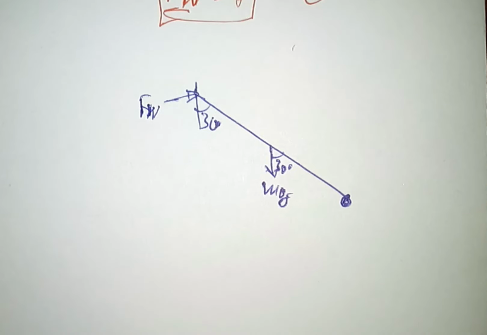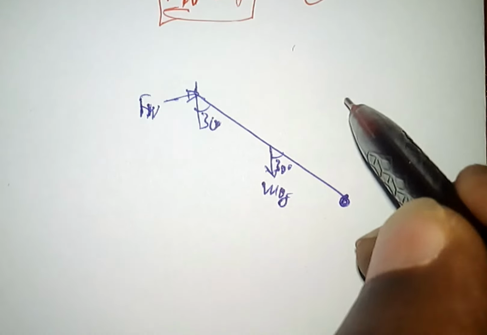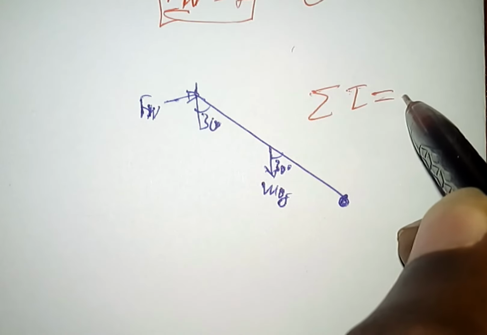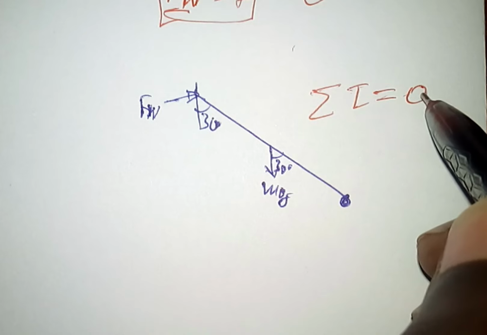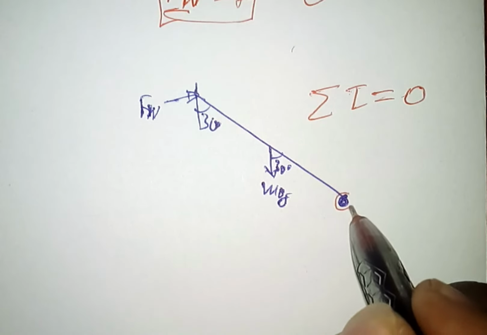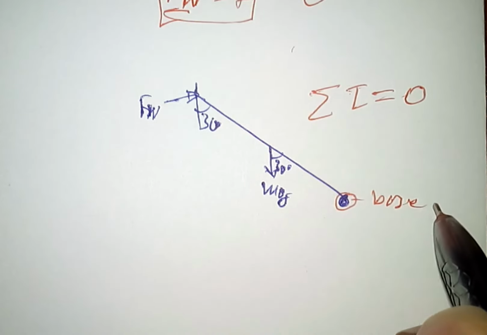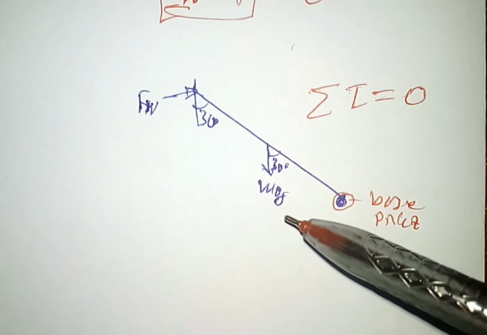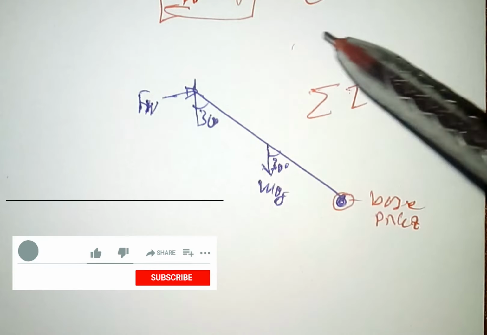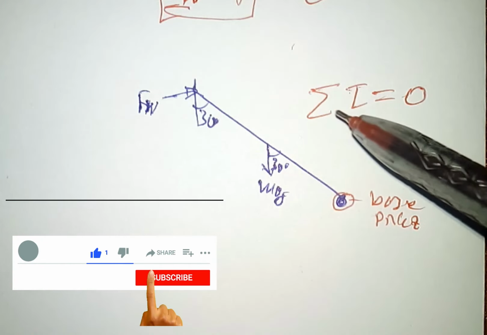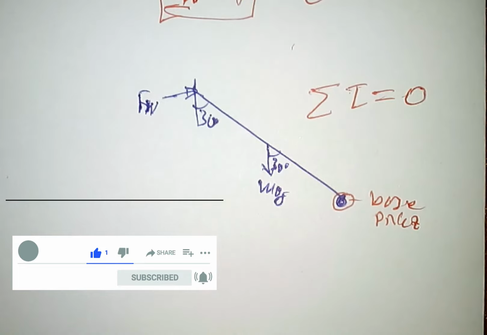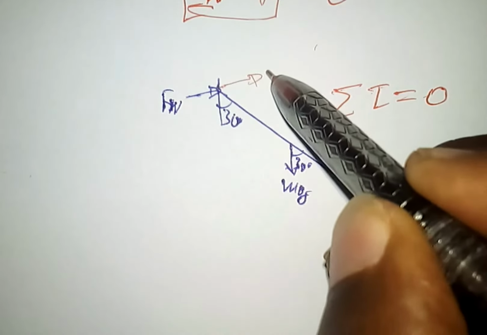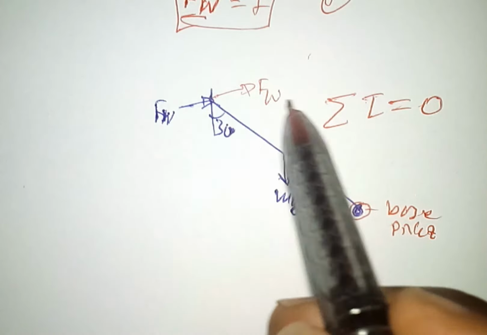To find Fw, we use the concept of torque, the second condition of equilibrium, which says the sum of all the torques acting on the ladder is 0. So take the base of the ladder as the hinge or the pivot point, and we use Fw and mg to rotate either clockwise or counterclockwise, and the sum of all those torques is 0. If this is Fw, we can resolve Fw